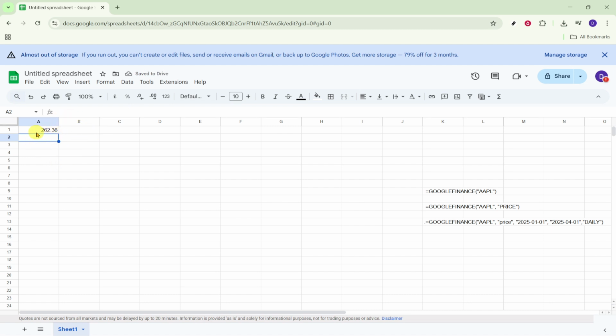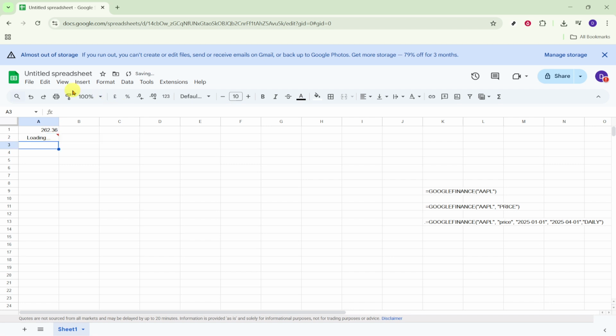After you press enter, the function may take a moment to fetch data. If you see a loading or N/A message briefly, that's normal. Just give it a second. Use the first formula you see on the right, which demonstrates the general snapshot approach. When you enter only the ticker, no attribute,